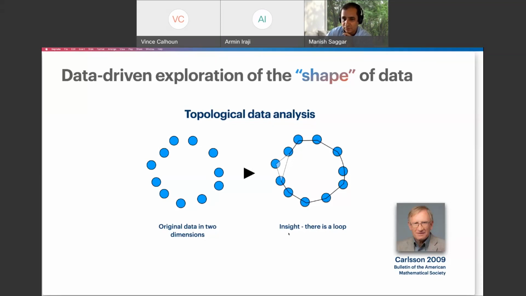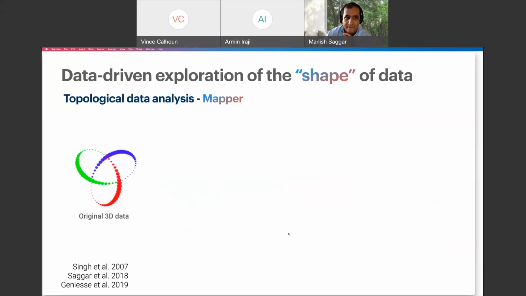Maybe next time I'll tell you more about that work. So Mapper is one kind of analysis under the umbrella of TDA. And just to give you another toy example of how